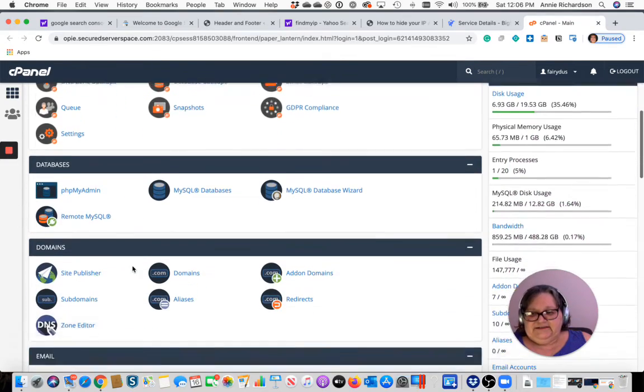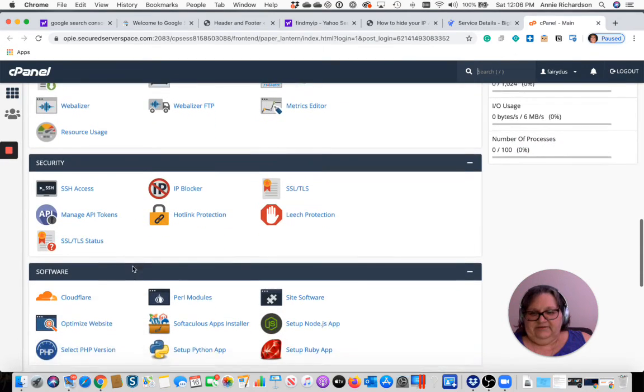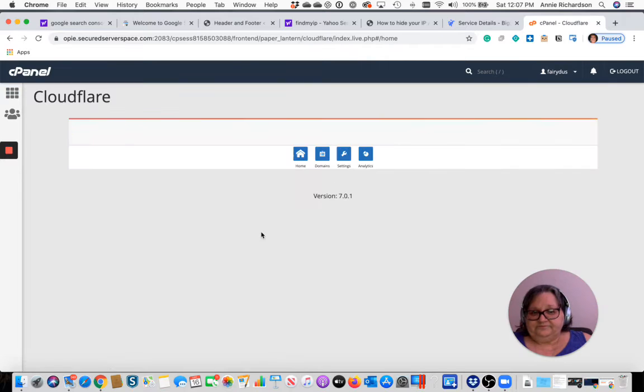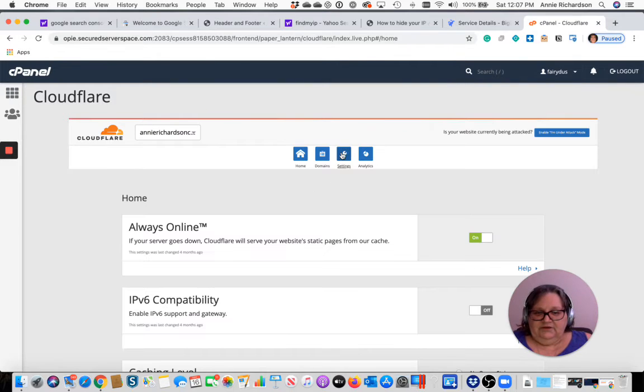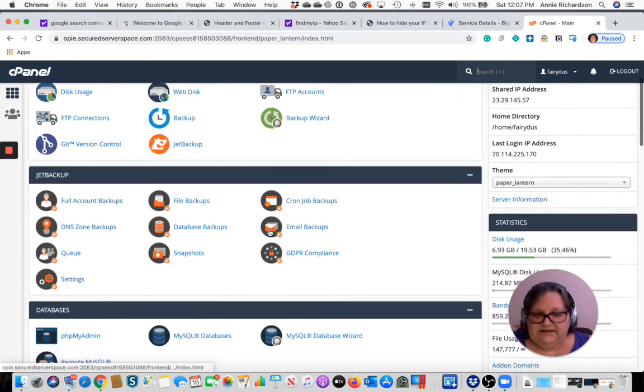But in my case, I use something else called Cloudflare. So if you have Cloudflare, this is how you have to do it. You go into Cloudflare, and you go into, I may have to go the other way. Let's see. Change this to True Crime Diaries. Settings. It's not provisioned. Okay, good. I don't use it in Cloudflare. Skip this section. So you want to go back to your control panel and you want to look for DNS